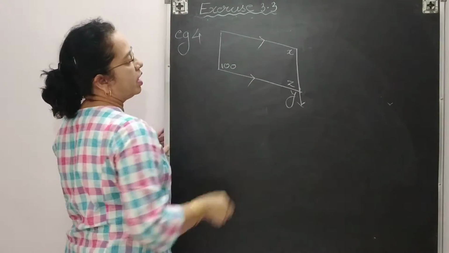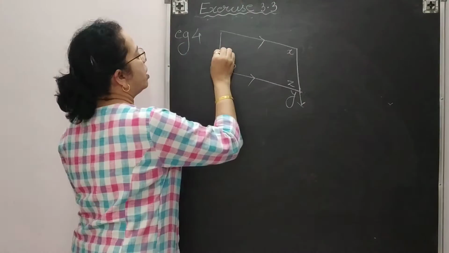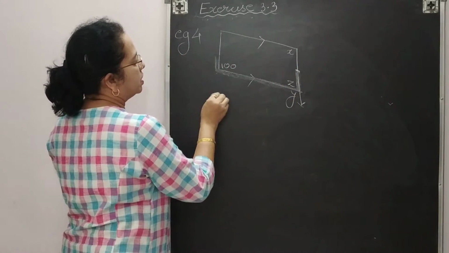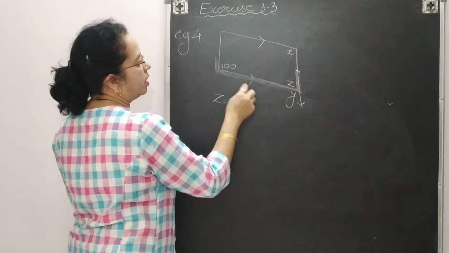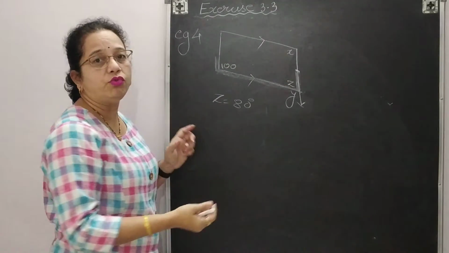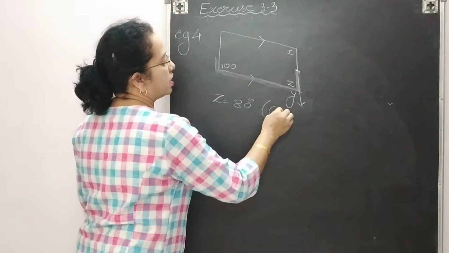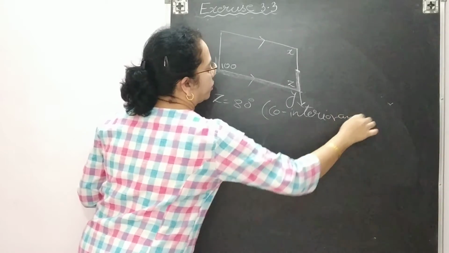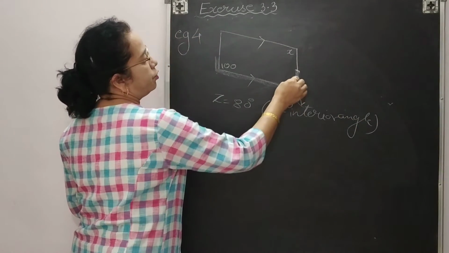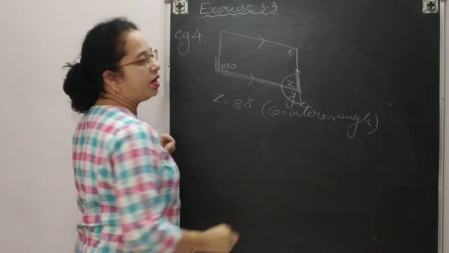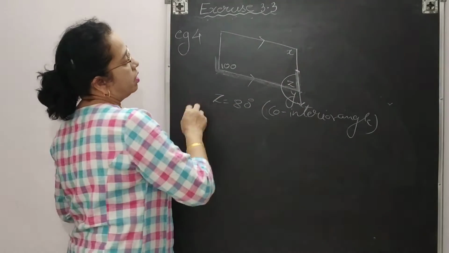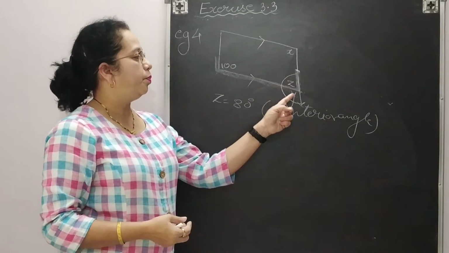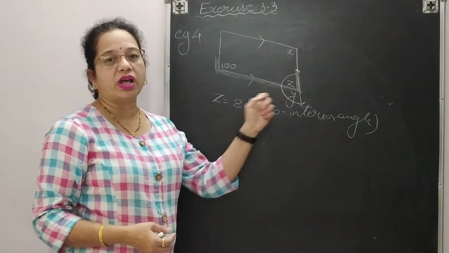Since this is a parallelogram, these lines are also parallel. So again you can see this C shape. So the value of z will be 80 degrees. 100 plus 80 will give you 180 degrees. The reason is again co-interior angles. Okay. Since you know the value of z, you can find out y also. Or another way, these z and y are in a linear pair. So 80 plus y will give you 180. So again y will be 100.